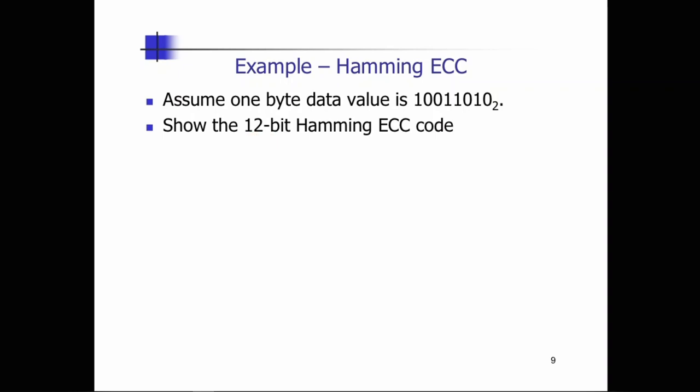So let's see if I can generate that code on this slide. The first thing we do is leave spaces for parity bits, because we know that parity bits occupy positions 1, 2, 4, and 8. So I'm going to have to leave spaces for those. Leave parity bits, and the 12-bit pattern is going to be